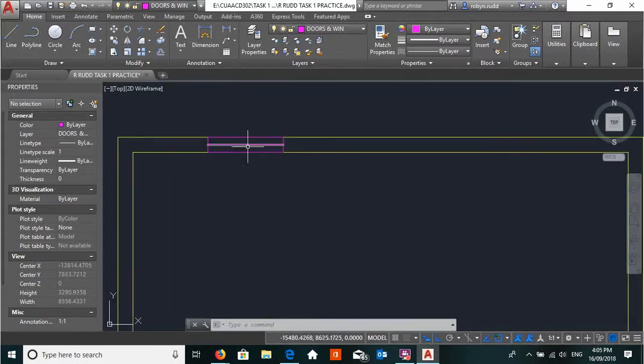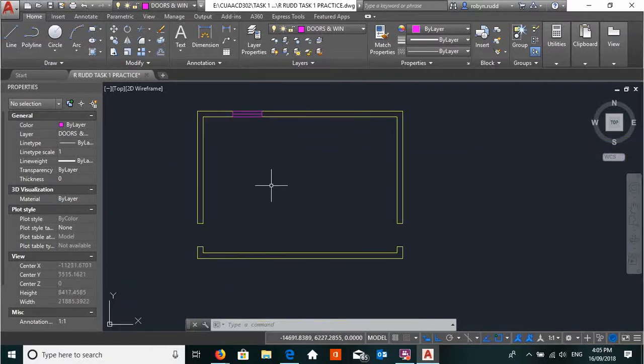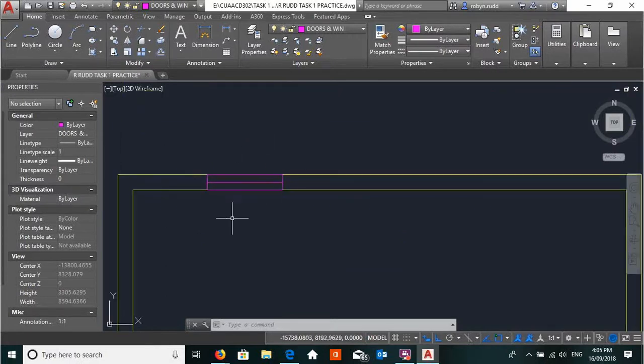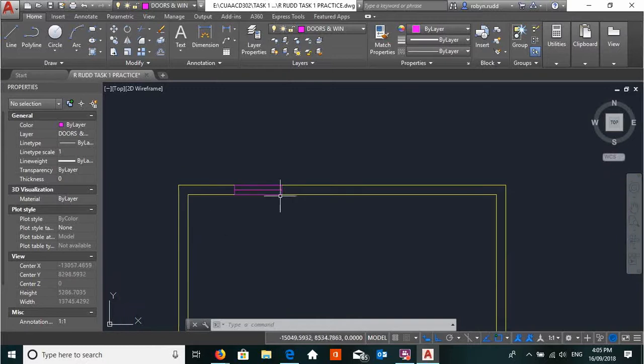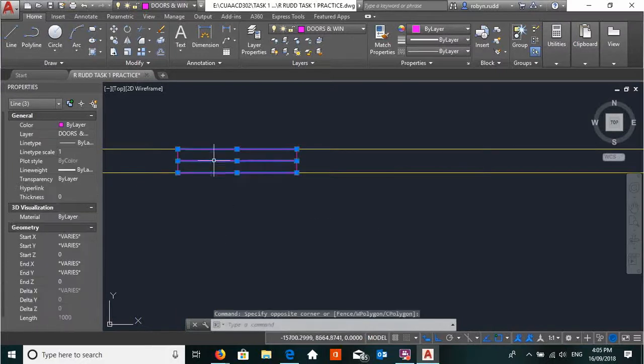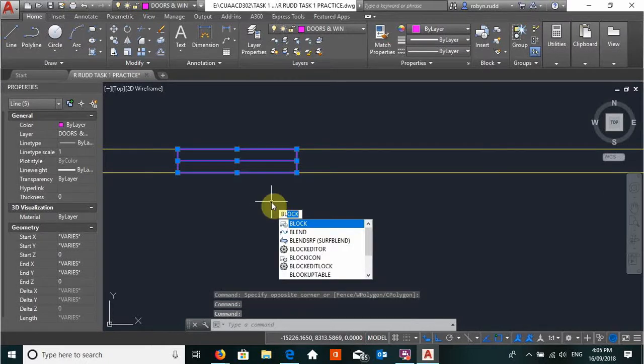I mean, you could get technical and change that line to be a thinner line and make that under its own layer called glass or glazing. But for now, let's just keep things simple. And then we can now actually make that a block. If you're wanting to save it, the way to make a block is that you then select the items. Alright, so make sure you select all of them. All the grip points appear, so all those little blue dots appear, and you type in BL for block,